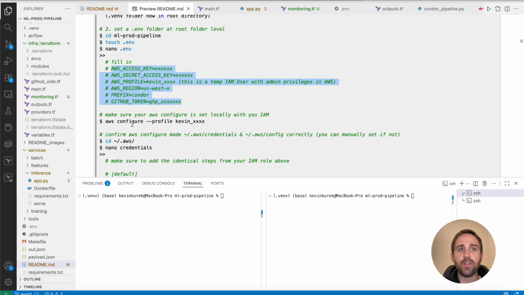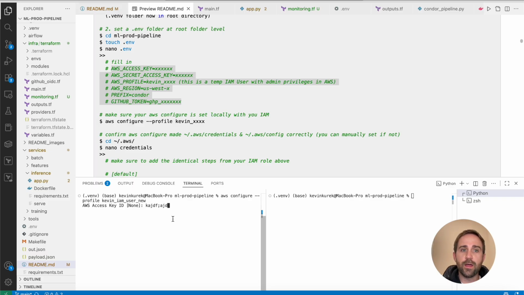And then I have this AWS configure profile. You can see that I'm going to run this AWS configure with the IAM user that I just created, and I click new. When I click it, it's going to say, hey, I don't see anything with this, which of course, because you haven't done anything. Go to your env file and just copy and paste these sequentially. So I'm going to write whatever my access key is, click enter, whatever my secret key is,